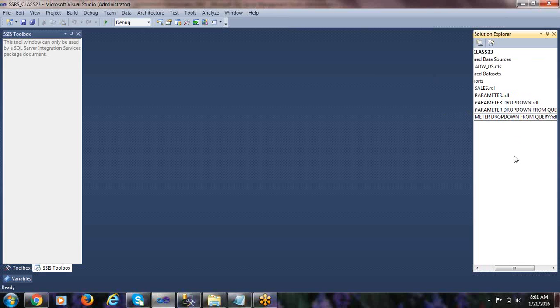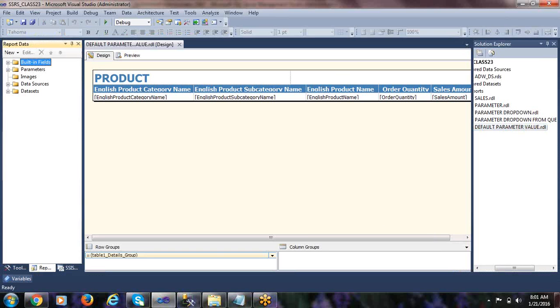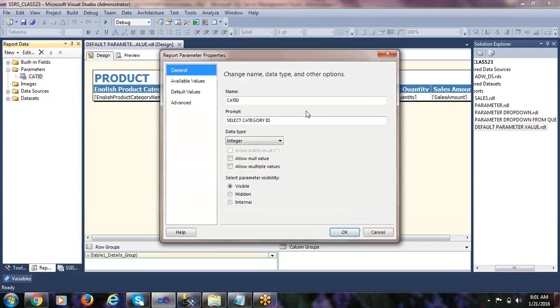Let me name it as default parameter value. Let's open it. Now here what I'm going to do, if you open the category ID, so there is a